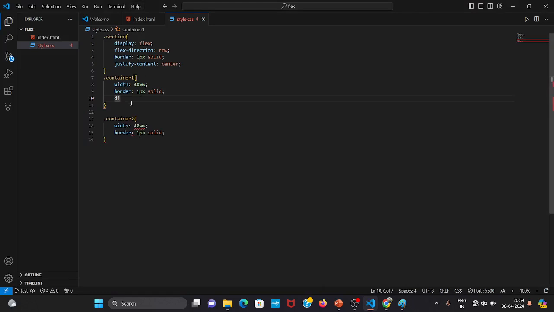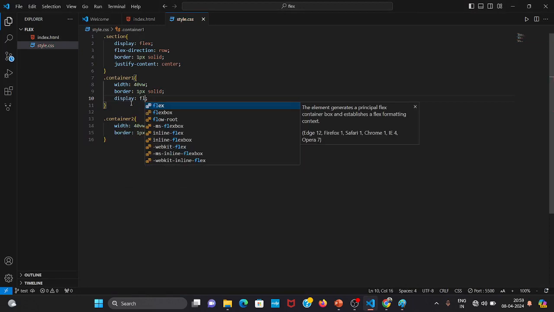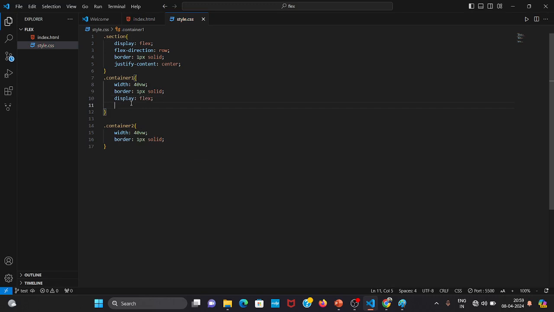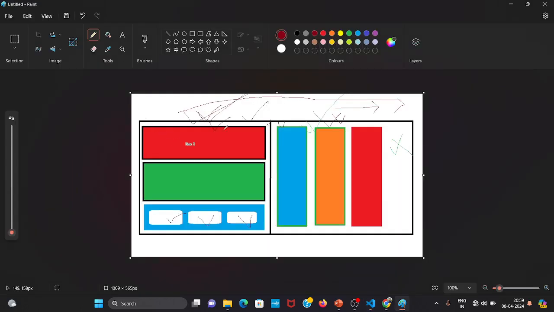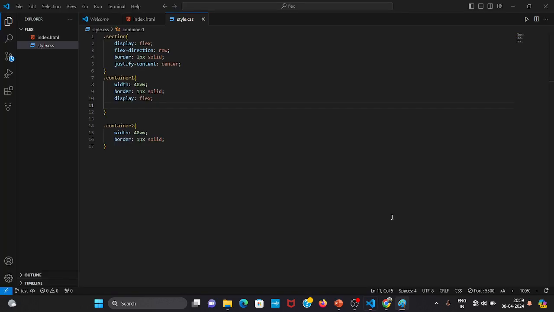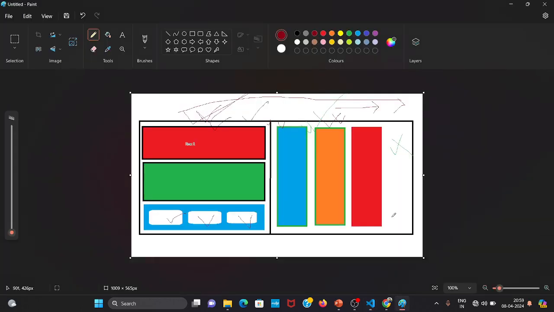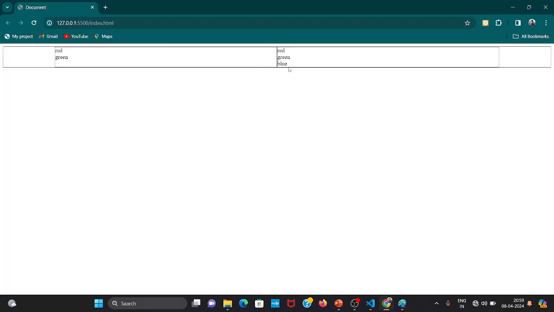let's go inside this container 1 and take the display property to flex, and in that case what will be the direction. Let's see, the red one is the first div, the second div is this green one, and the third is the blue one. They are column wise aligned, so we have to set the flex direction to column. So flex direction to column, nice. Let's go to the web page. Here no changes,